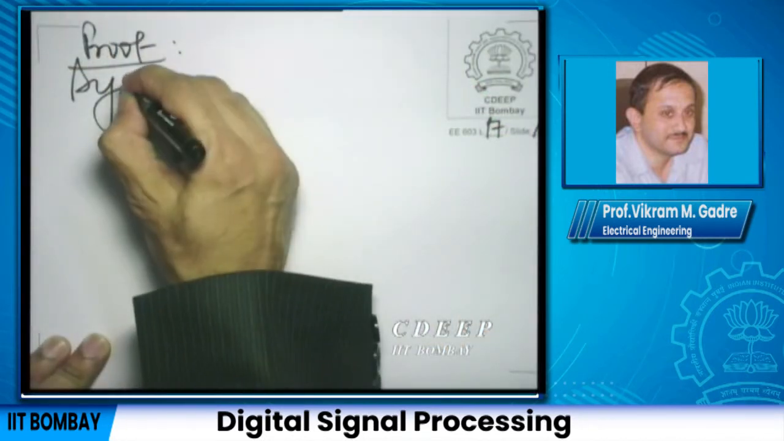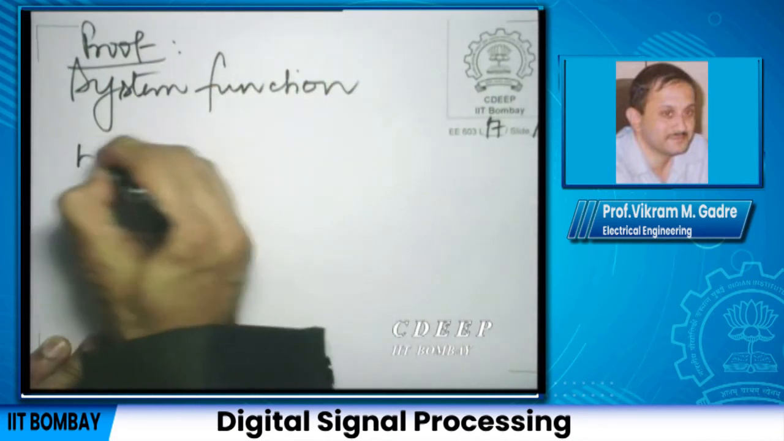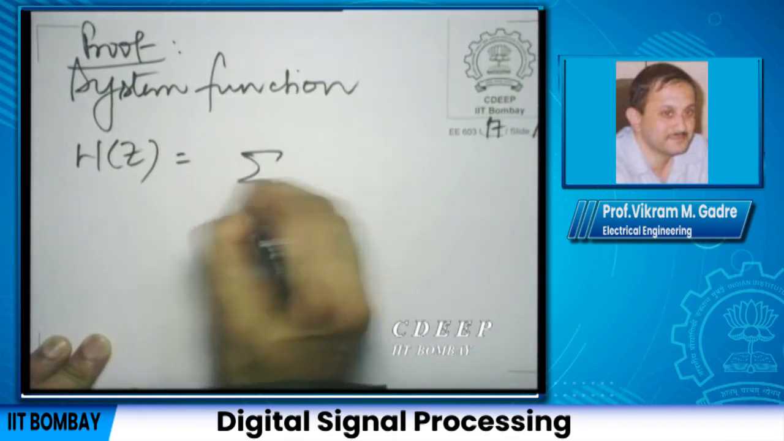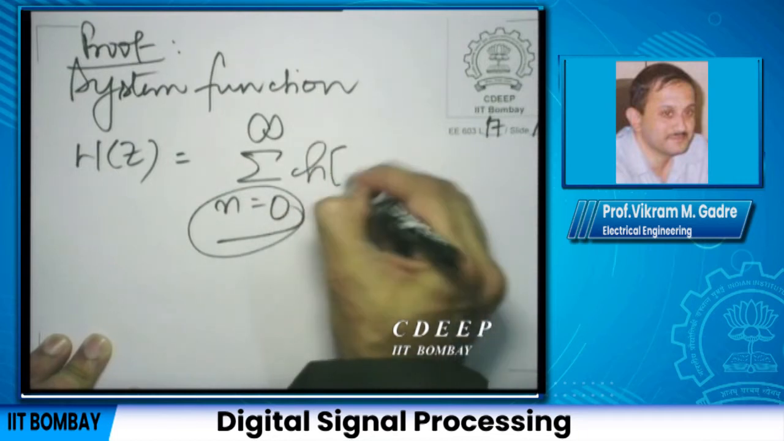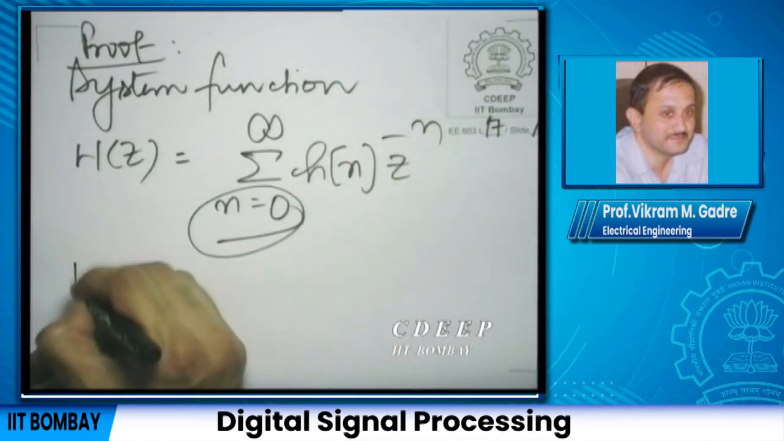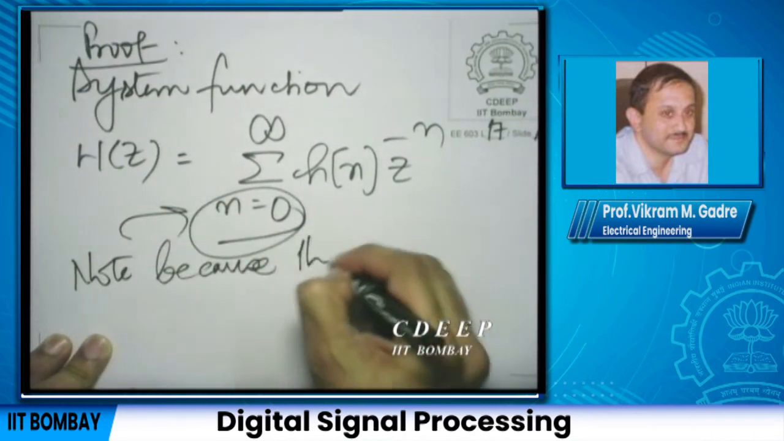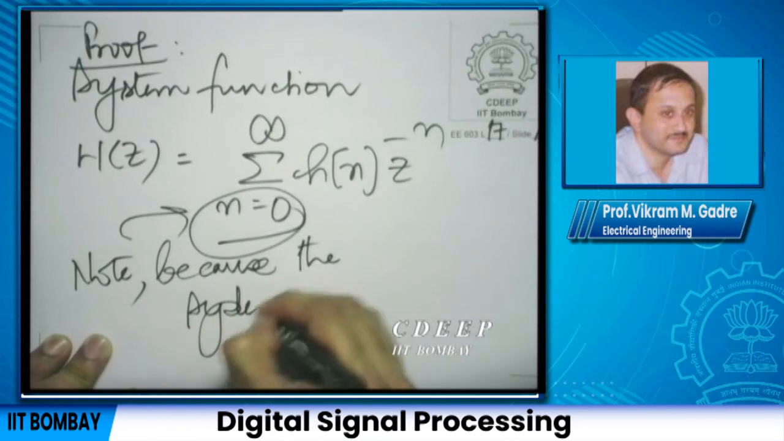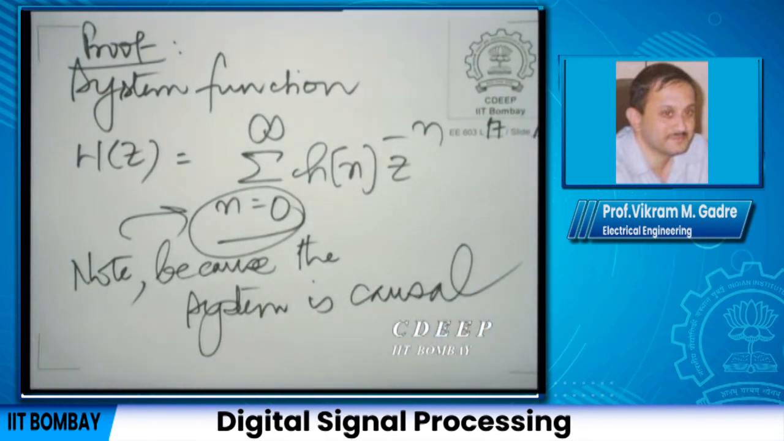The system function H(z) must be summation n going from 0 to infinity h[n] z raised to the power minus n. Note, because the system is causal, you are sure that there are no samples before 0. Now, you see, as mod z tends to infinity,